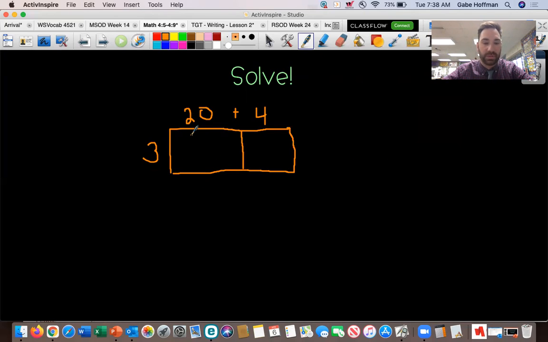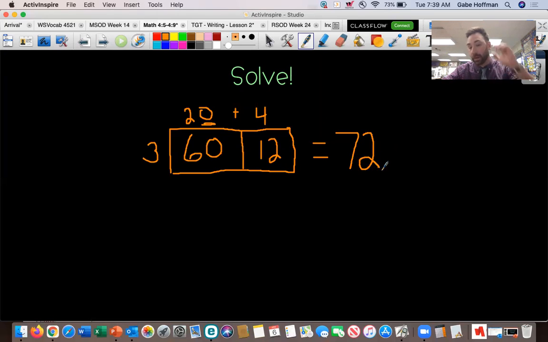Well, I know 2 times 3 is 6. And then I'm going to multiply that by 10 because I have 2 10s. This is really a 20. And I have 60. And then I'm going to do 4 1s times 3 1s. And I'm going to get 12. So they have 60 plus 12. That equals 72